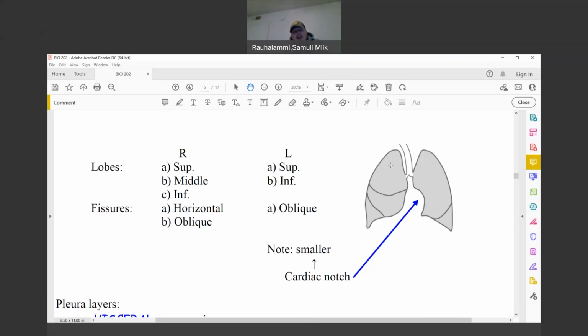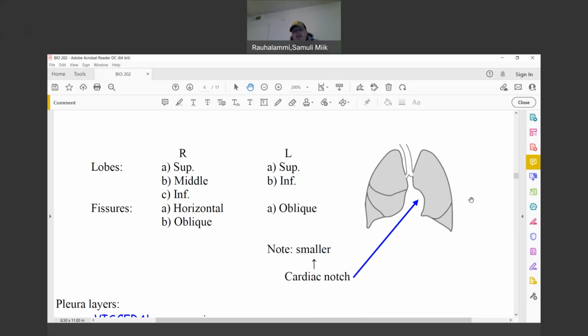What we're going to see is that since the right lung is larger, there's typically going to be 3 lobes, superior, middle, and inferior one, separated by a horizontal fissure separating the superior and middle one, and an oblique fissure separating the middle and inferior lobe. On the left side, since it's smaller, we're going to typically see only superior and inferior lobes separated